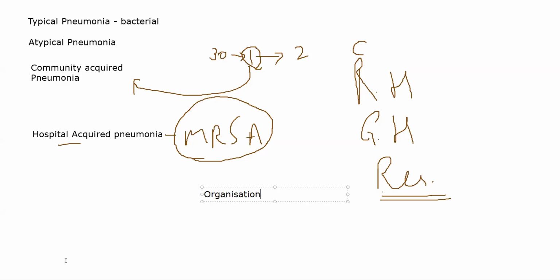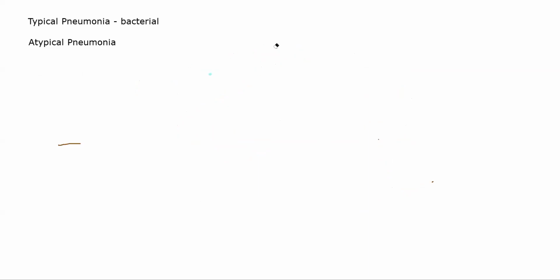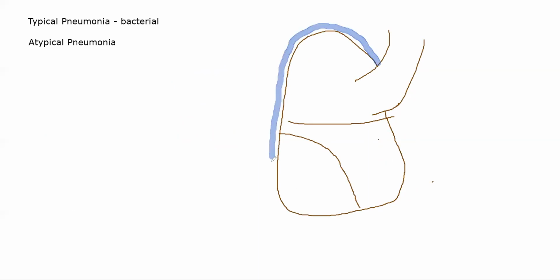So I hope you know what the pleural space is. Your lungs are encapsulated in a pleura. Let's suppose this is your lung, please excuse the horrible diagrams. Your pleura will be something like this. You have visceral pleura and parietal pleura. I'm not going to draw both the edges. This will represent the pleural space. So you will have a little bit of fluid present in your pleural space, a couple of tablespoons, not more than that. Very little amount.